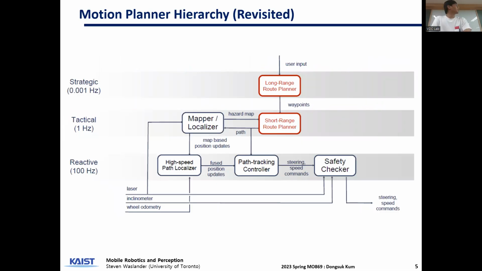A common workflow can be displayed in this motion planner hierarchy. You will have a high-level planner for long-range route planning. In this case, you don't need the planner to run at a very high frequency or to run a lot. So you can probably set it to 0.001 hertz, and that will be fine, since this only